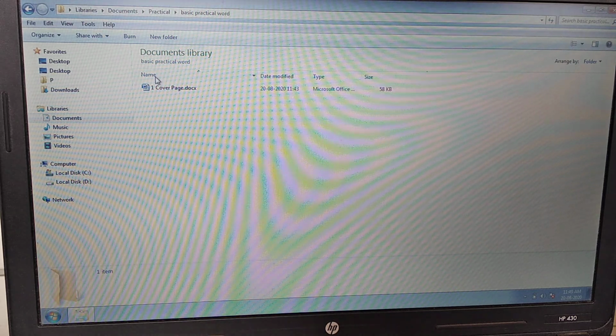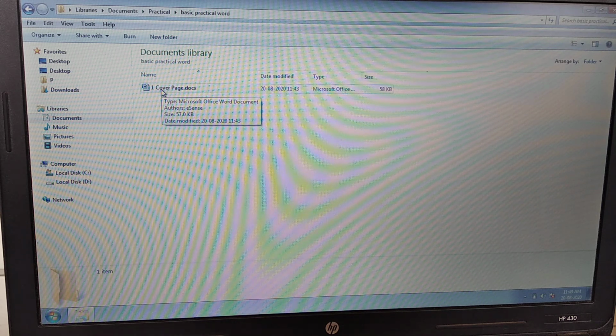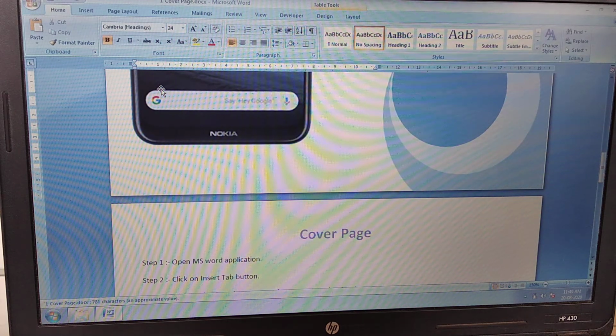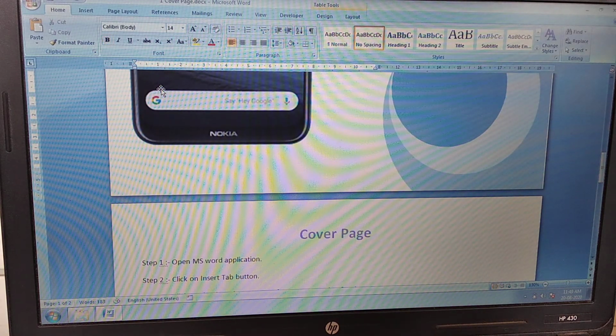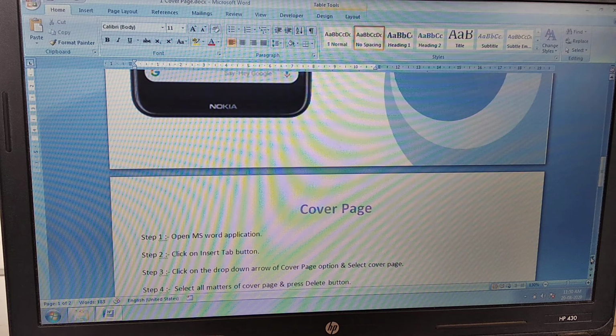For that you can use the reference how to create a folder. Also now I am going to show you a simple procedure for the given practical about the cover page. For that I have created some steps related to your practical notebook, because you have to cover your practical notebook. So for that you have to write the different steps there. So directly I am giving you a ready-made material related with the procedure for the given practical.